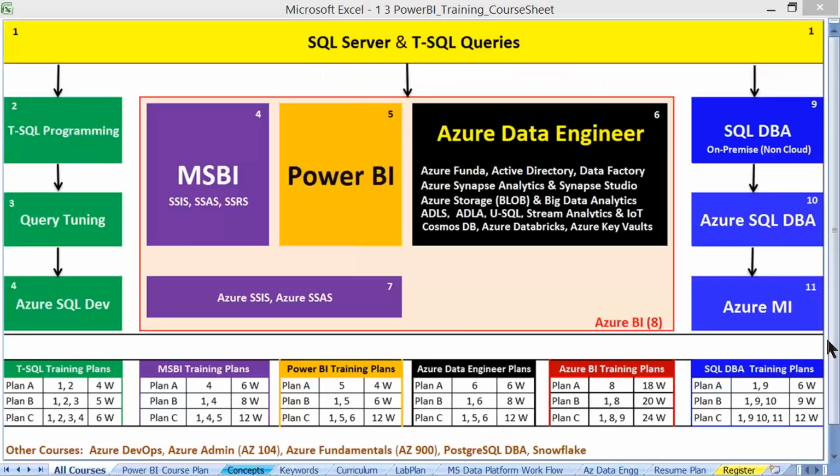So here it is, SQL plus Power BI plan B. If you are already aware of SQL, then you may look only at plan A. If you need to step into Azure and want some cloud technology on your resume, then you may opt for plan C or whatever course you want.